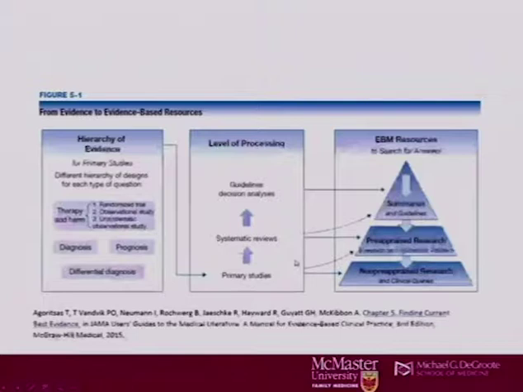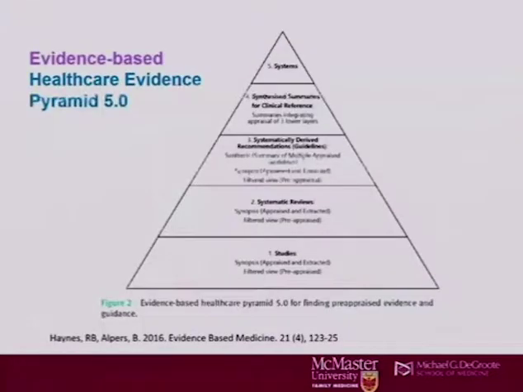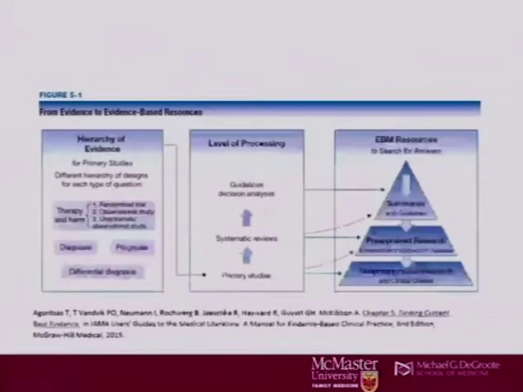The final panel, you'll see, shows where you can find these resources and their fits within the evidence pyramid. And the notion that looking for answers at the top of the pyramid should be your first stop, followed by looking further down at the pre-appraised and then non-appraised research. Okay,